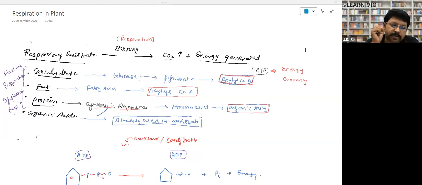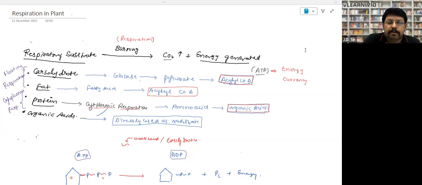So look, first try to understand what is written over here. You will have to jot down first, but before you join Martin, I told that respiration is similar in both animal as well as plant, right? There are some differences, no doubt, but there is not major difference. There are some minor differences between the plant and animal respiration, but normally the process is similar. Look, first I'm trying to make you understand what respiration exactly is, or what respiratory substrate is.